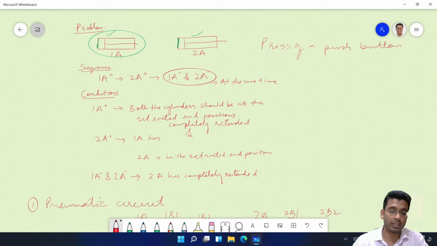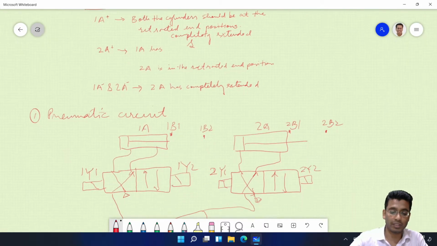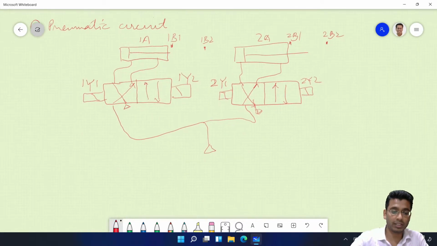That means one cycle it will execute. Once you press the push button, this entire sequence 1A+, 2A+, 1A-, and 2A- would execute for one cycle. So this was the pneumatic circuit.